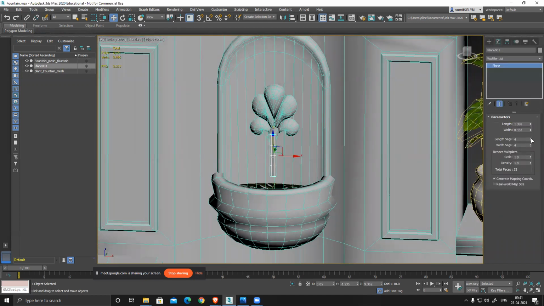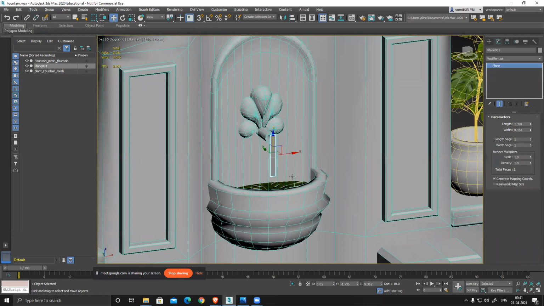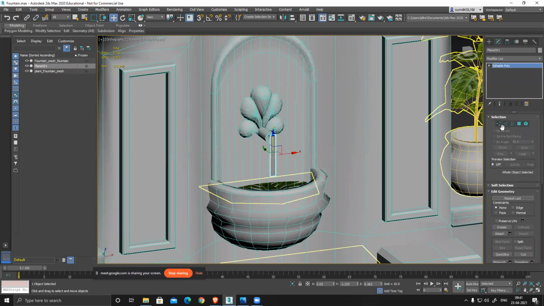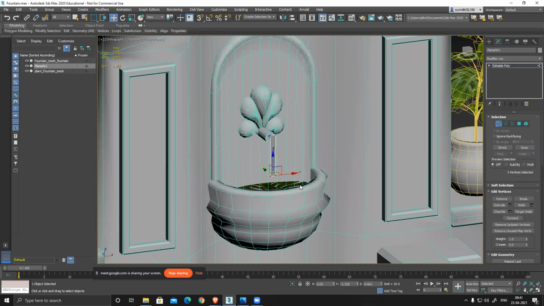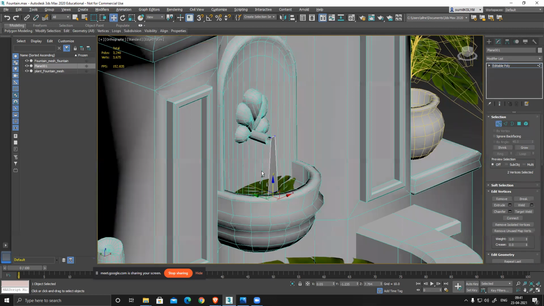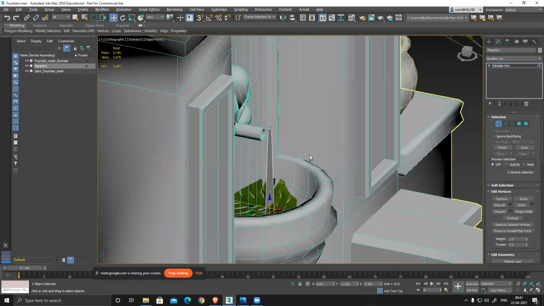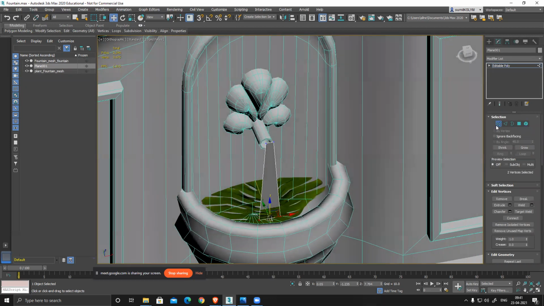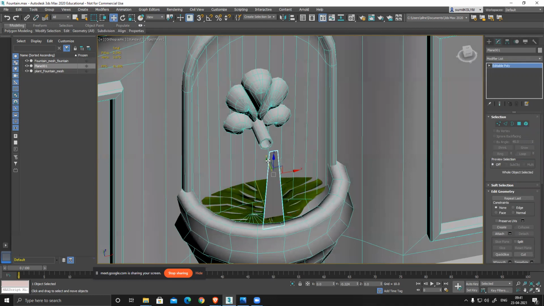In between all these loops, segments are not required. Polygon, scale it slightly, slightly triangular in shape. Push it a little forward.